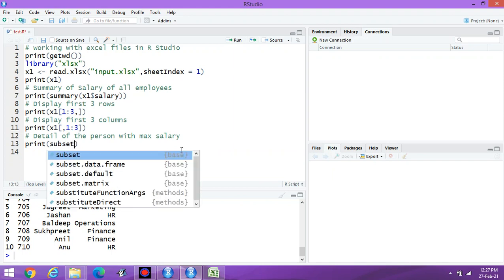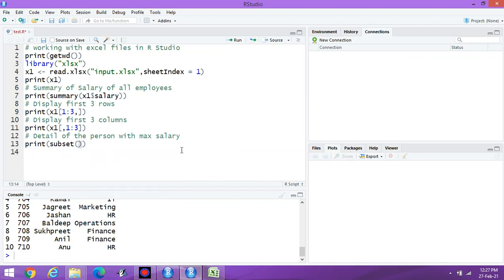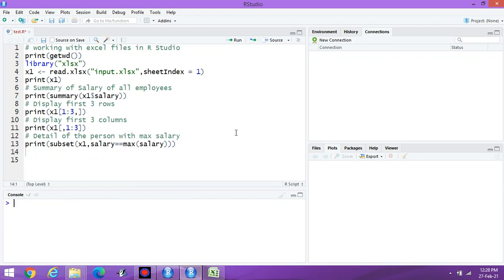You have to write subset, then x1, x1 is the data, then salary is equal to maximum of salary. Okay, execute this one.